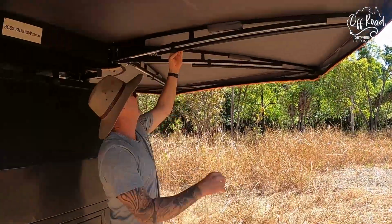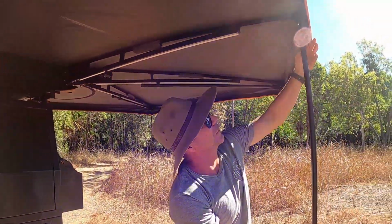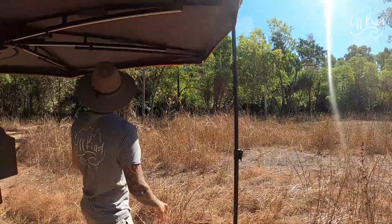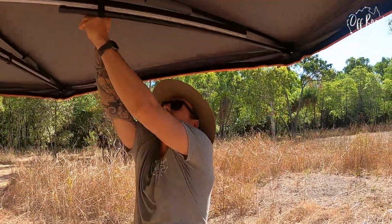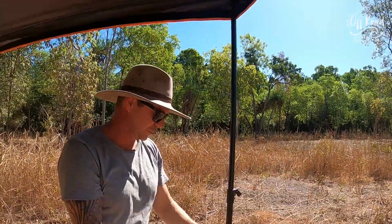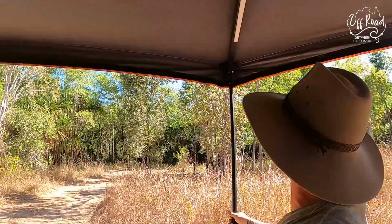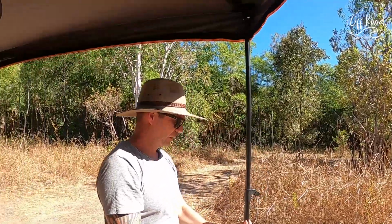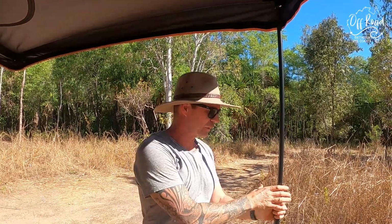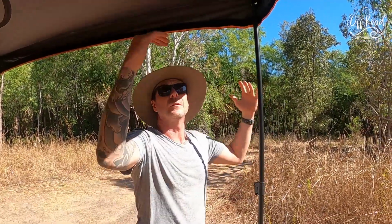It does have a couple of built-in legs. I think there's 2. They just have a clip. So if you got a bit of wind, bang, clip that off. There's a second down here. Push the button down. Pull it out, sorry. Clip that off. Same again. Push that out. Clip that off. Our vehicle's quite high. As I said, I got mine mounted up there on that rooftop tent. So these poles, I haven't tested out to see how long they are, but we've got quite a high vehicle, so there is a lot of height